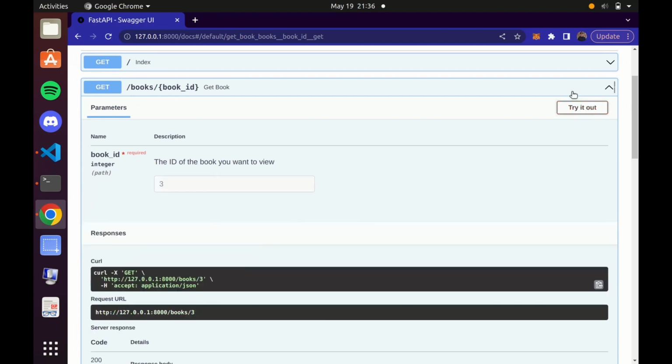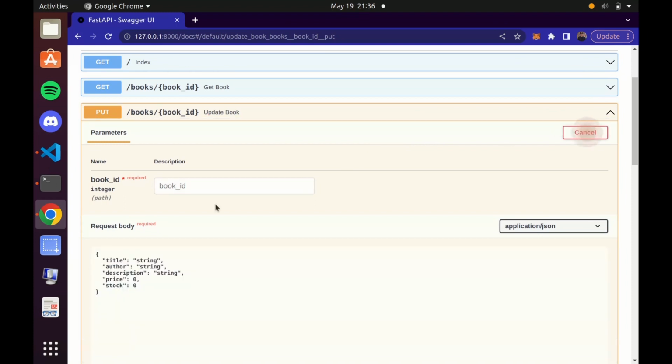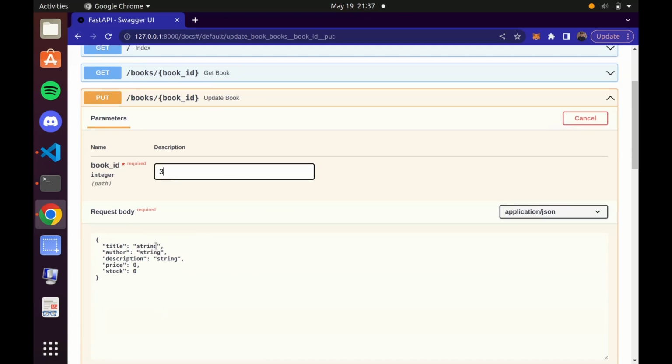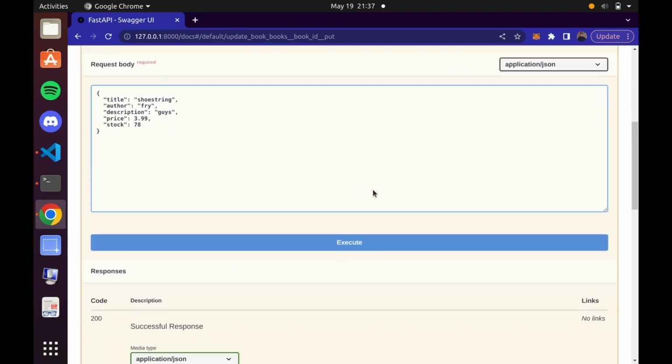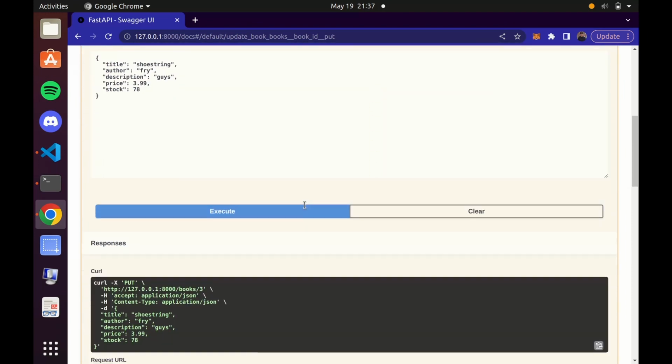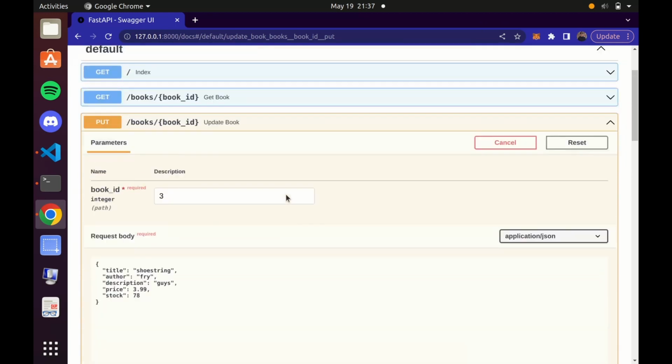So we see that our search book ID works, and we're going to update a book. So to prove that this works, we're going to take the same book ID, 3, and we will manipulate and change and update this book. So I'll put shoestring, and this is just to show you that this is a method that actually works, and the inputs can actually manipulate our database. Put the price. We're going to execute, and it's going to let us know that the book has been updated successfully. I will close this tab,